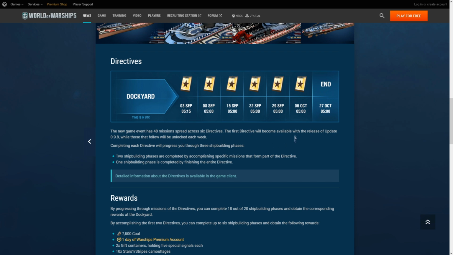The first directive will become available with the release of update 0.9.8, while those that follow will be unlocked each week. Completing each directive will progress you through 3 shipbuilding phases. 2 shipbuilding phases are completed by accomplishing specific missions that form part of the directive, and 1 shipbuilding phase is completed by finishing the entire directive. And then detailed information about the directives is available in the game client, so you'll have that when you're in port, the top left, you'll be able to look in the combat missions, and it'll be in